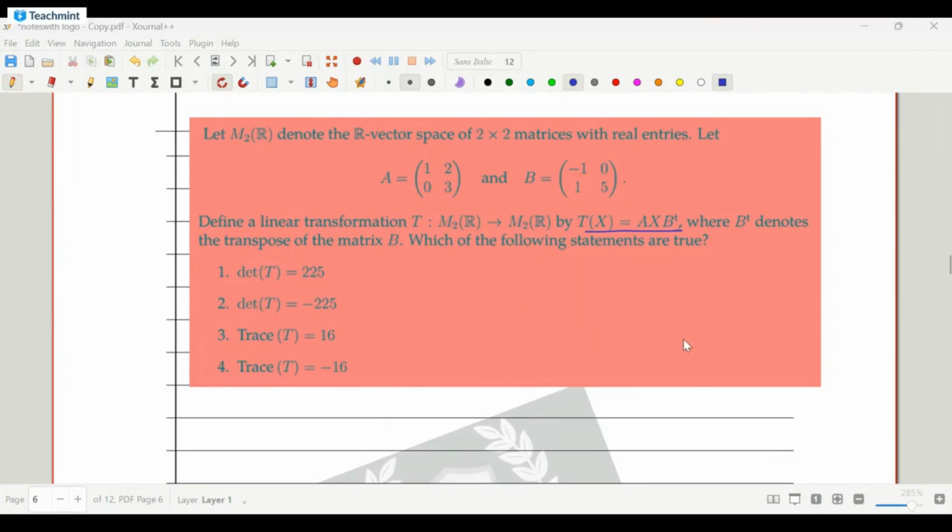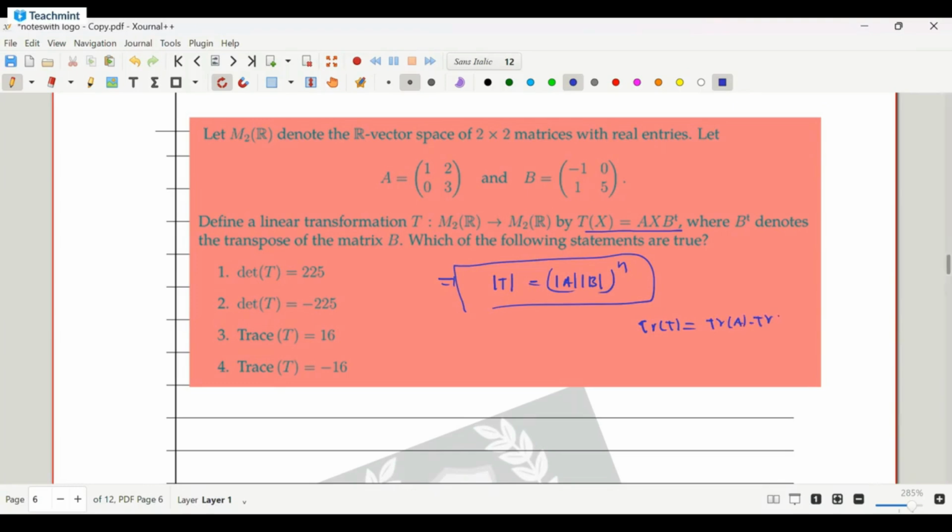Double sided transformation. So therefore for this the determinant of T is equal to det A into det B power n for double sided linear transformations, and trace of T is equal to trace of A into trace of B sir. Direct formulas basically, then apply it. ఏమొస్తాయి సార్ అప్పుడు,